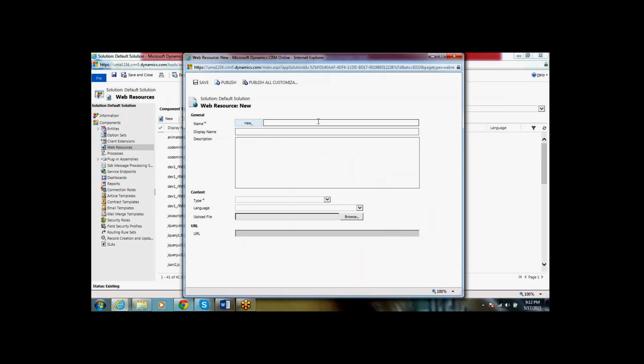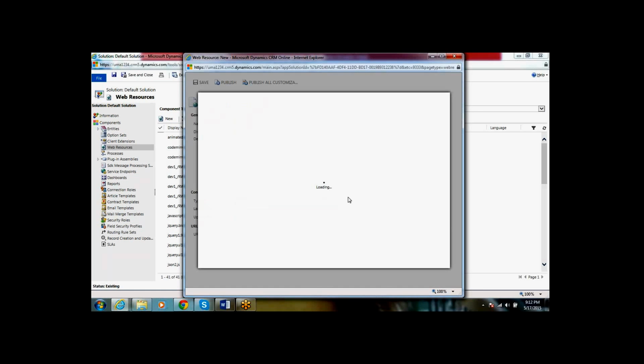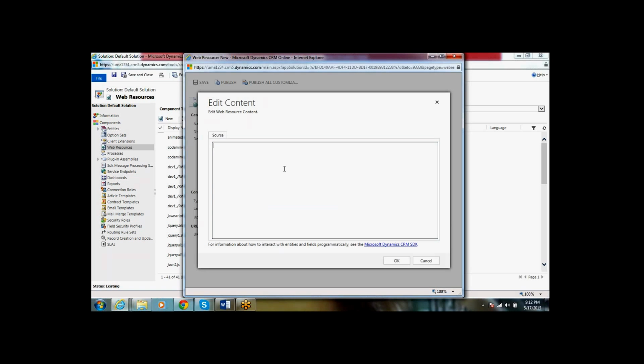I'm giving the name as JS account, and here we have to select the type as script. Inside this one we have to write the JavaScript code.